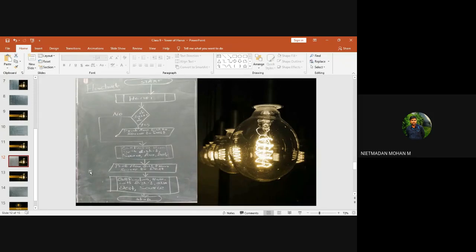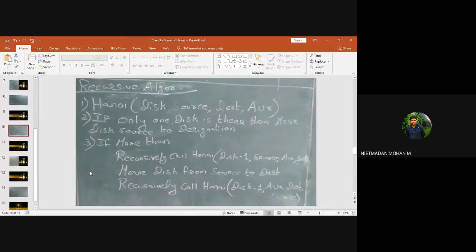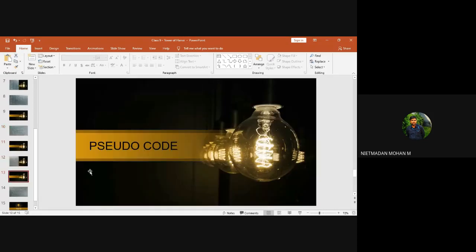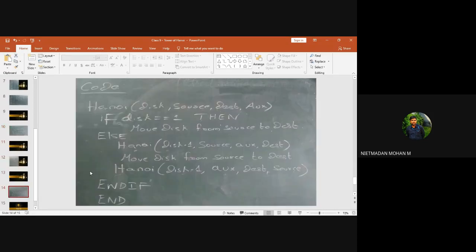There is no deviation about that, because in the previous problem we did not write any operations in the algorithm part, so we wrote only general terms in an algorithm. In this case we are going to write the operation in the algorithm part. Why? Because this is a recursive algorithm, so just keep that in mind. And the same goes for the pseudocode. In this pseudocode, keywords like if, else, end if will be used over here.